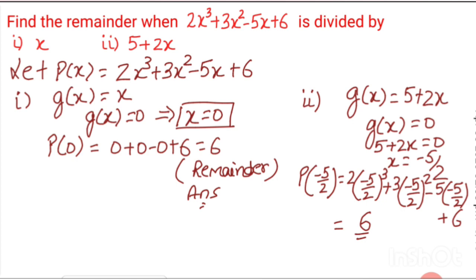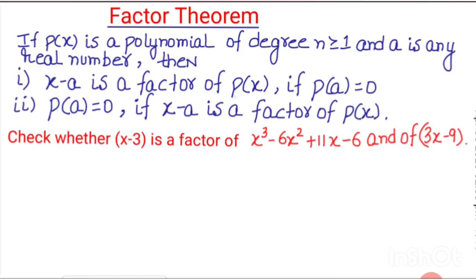If p(x) is a polynomial of degree n greater than or equal to 1 and a is any real number, then I can say that x minus a is a factor of p(x) if p(a) equals 0. That means p(a) is equal to the remainder. So if the remainder equals 0 on dividing p(x) by x minus a, I can say that x minus a is a factor of p(x),